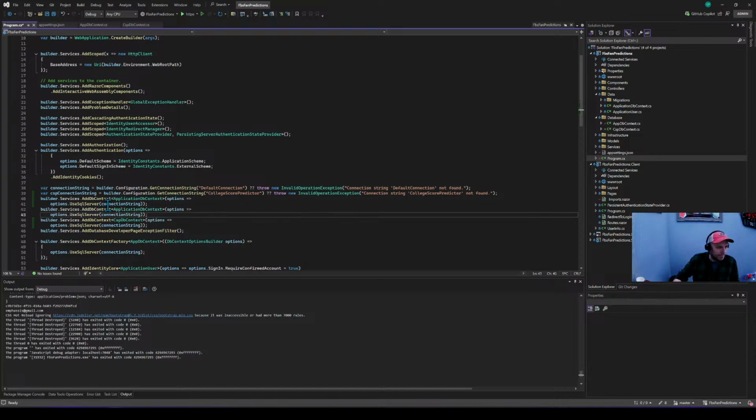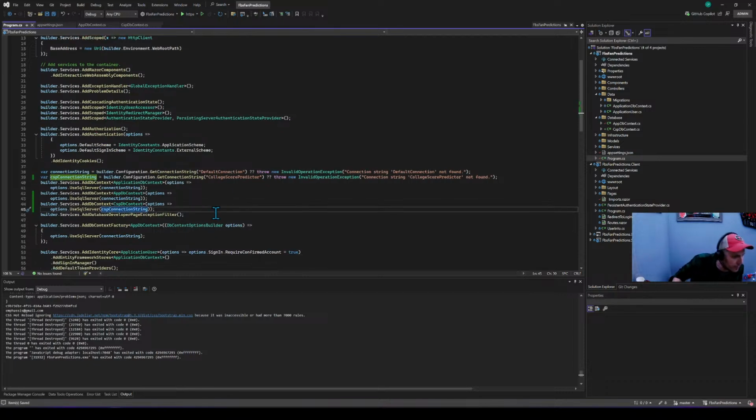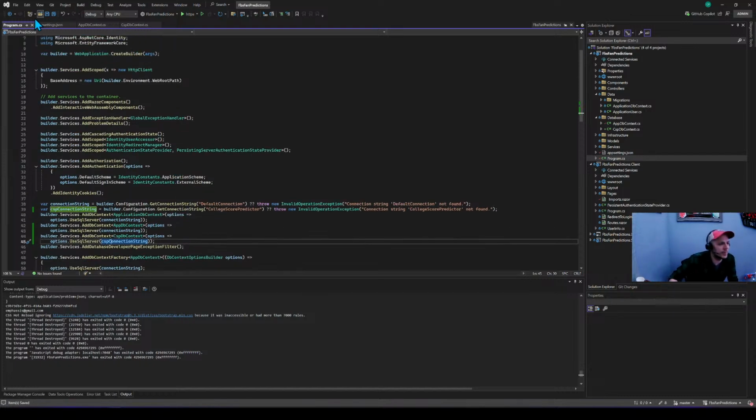Okay, just gonna do this real quick. And this is CSP connection string. I'll clean this up later. I'm just getting it working. So hopefully we can